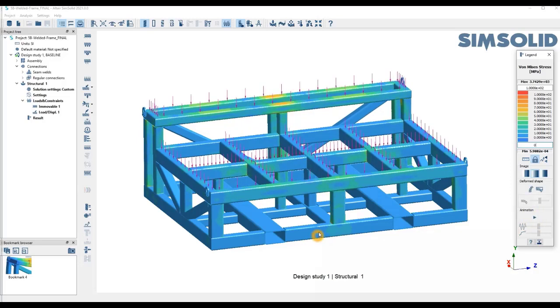Now for those of you who never heard of SimSolid before, I have done a previous video of this. It is on YouTube, and one of the main differences in that video is that it goes through a lot of your different user control options and how you can directly implement your new CAD designs. SimSolid will then take your original design study and create a new design study for you, with all of your load cases mapped over so that you don't need to go through that process